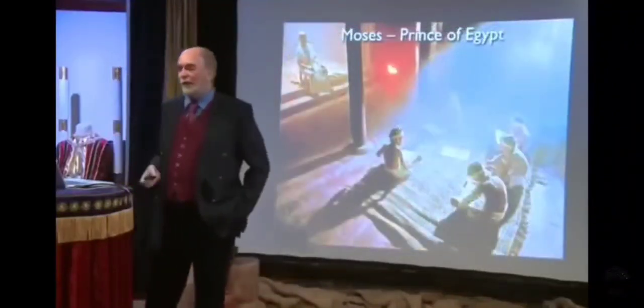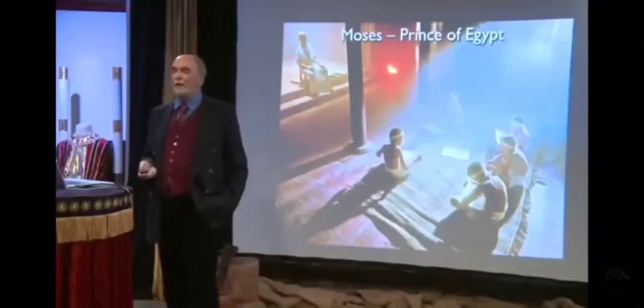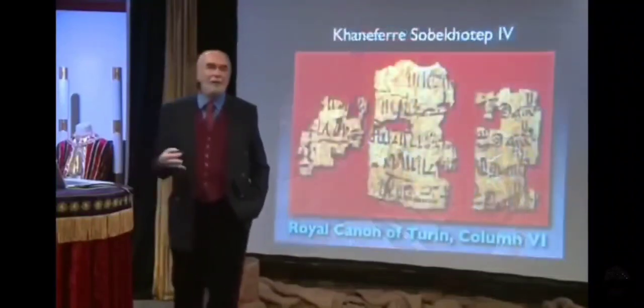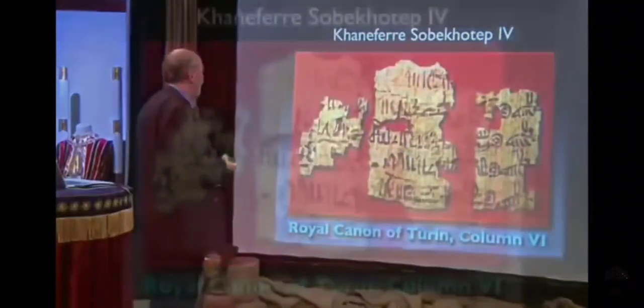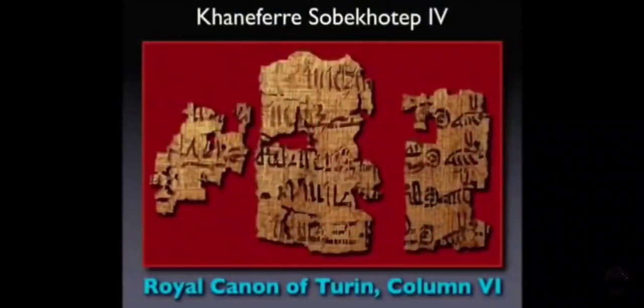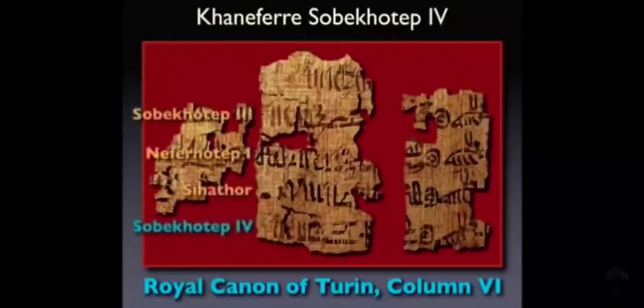So Moses was then raised in the palace of Chenephres. He would have been an educated man, learning hieroglyphs, etc. Here we see a fragment of the Royal Canon of Turin, which is a king's list of the pharaohs. And here we get this last sub-dynasty that enslaved the Israelites. Sobekhotep III, we have a Brooklyn papyrus with slave lists with Semitic names in there. And then we have Neferhotep, a very powerful king, and Sobekhotep IV, who was the one who was the